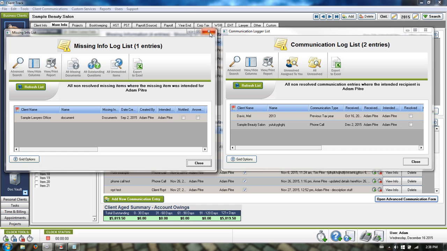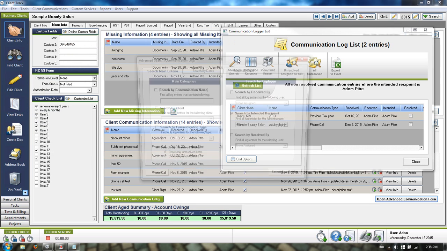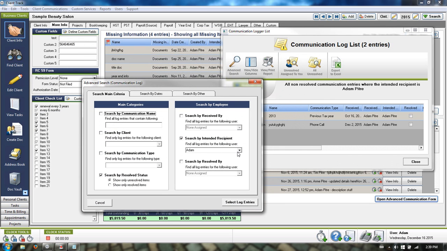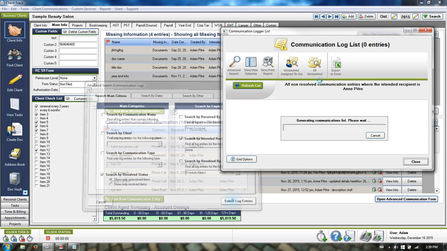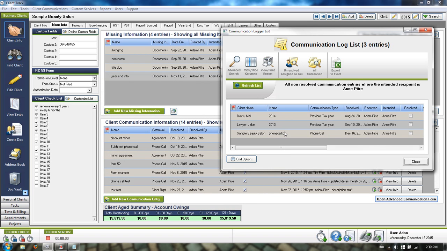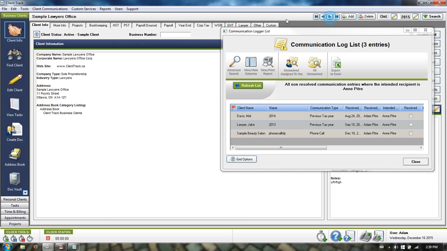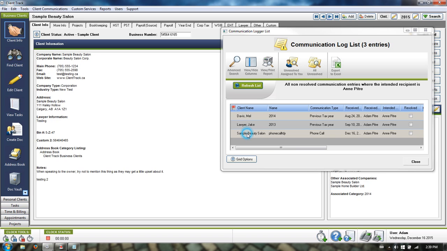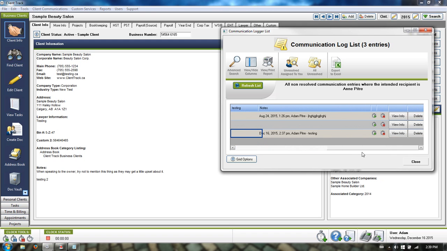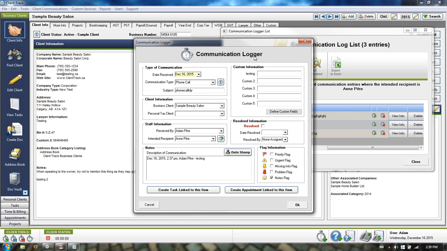Now, speaking of searching though, for the communication window, if we run a search by clicking the magnifying glass and tell it to show us Anne's information, Anne's going to see the items we've given to her. So this is what it would look like on her screen, and here's the phone call I've left her. Now let's say in the background she's not on the right client's file. So let's say she's looking at the lawyer's office and she wants to go directly to the beauty salon. In the column where it has the client's name, if she just clicks the beauty salon, you'll see in the background it'll switch to the correct client information. And then she can scroll over to the right here and click View Info,